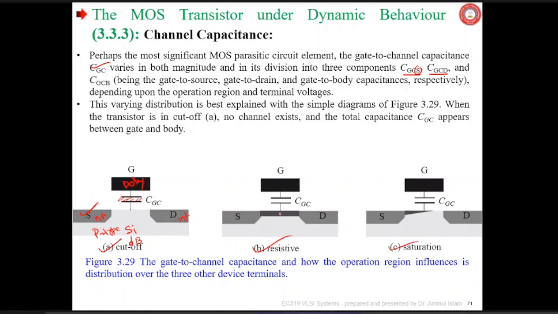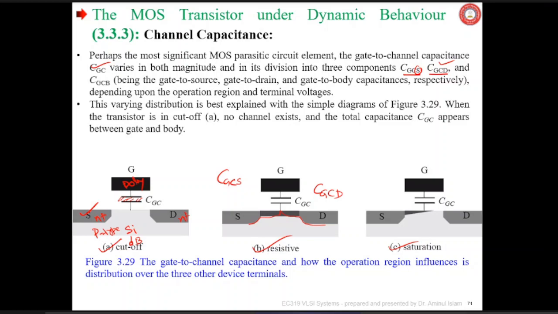Actually, what happens in resistive region, this part is associated with source and it is denoted as CGCS, channel capacitance associated with source, and the other one is associated with drain, and this part is called CGCD, channel capacitance associated with drain. That is the notation here. In other books you will find different notation, so don't